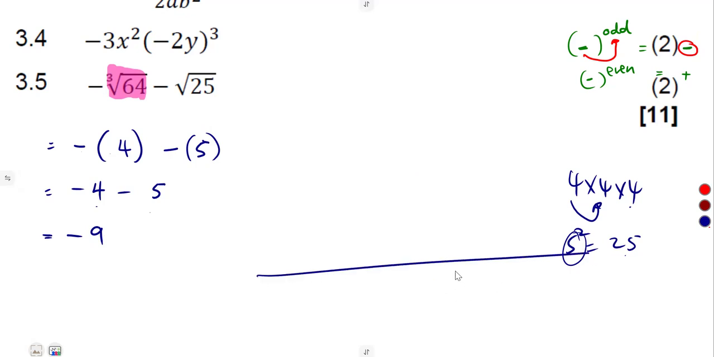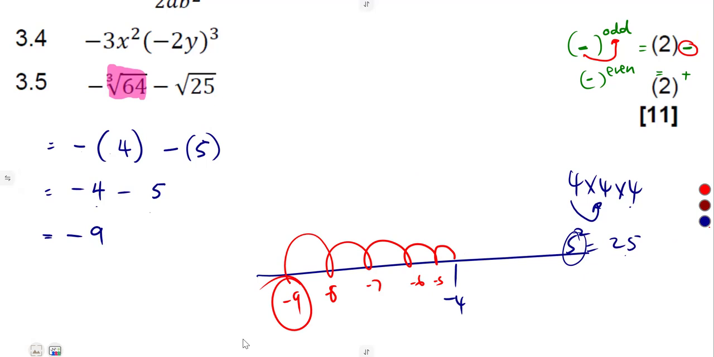Or simply from your number line, minus 4. Then we need to subtract 5. So it's minus 4. 1, 2, 3, 4, 5, going that way. So it's going to be minus 5, minus 6, minus 7, minus 8, minus 9. You are subtracting, going to the what? To the left. So these are the typical questions that you must expect in your revisions under algebra, under integers,